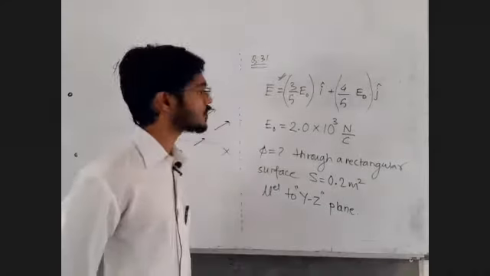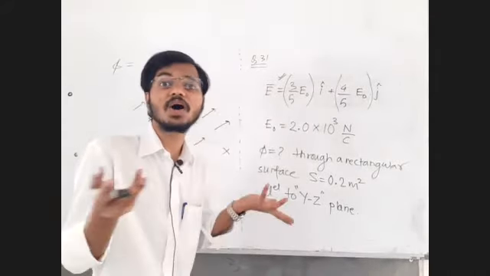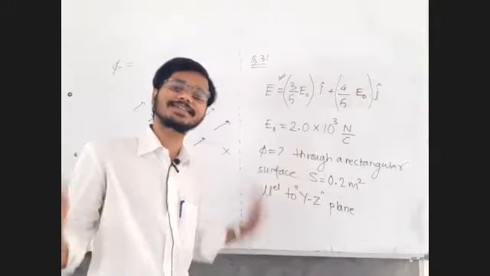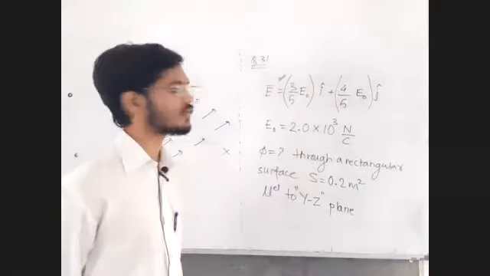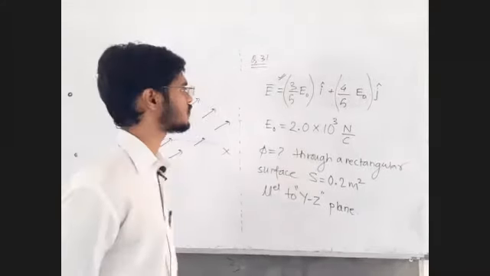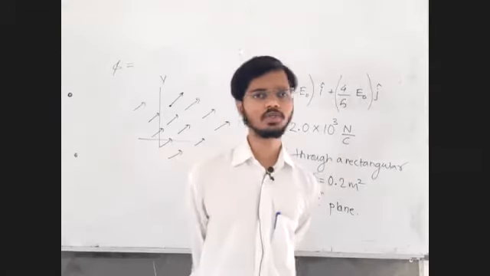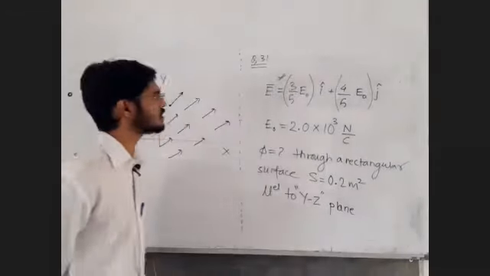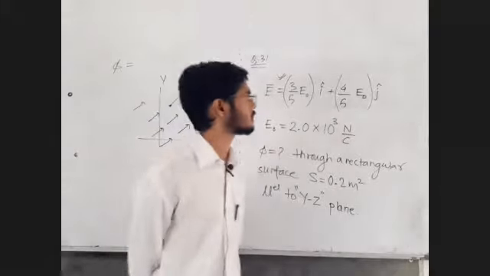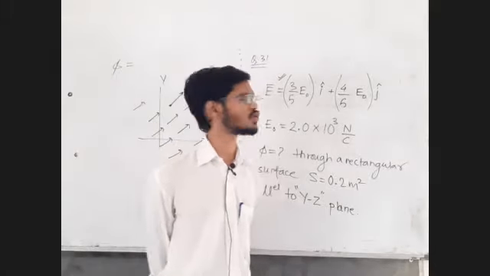Good. Such a electric field is called as uniform electric field. Everywhere, same direction, same magnitude. Okay, sir. Such a electric field is called as uniform electric field. All right. Because it is not changing with x, y, z coordinates. It is not changing in direction. It is not changing in magnitude.